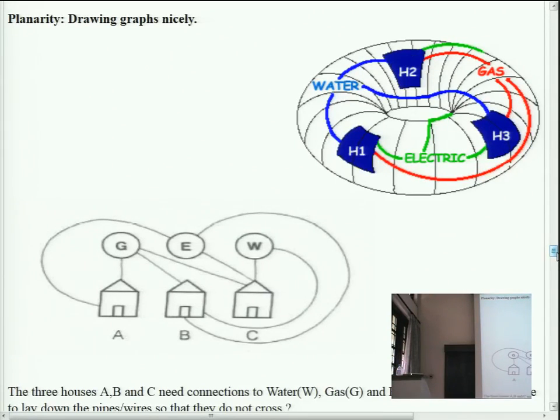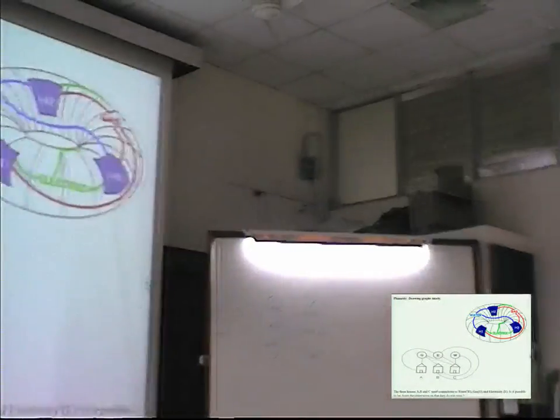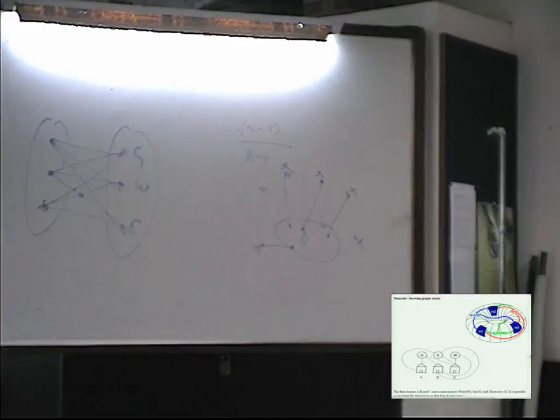You don't want this, so you want to draw in some way that doesn't intersect. But actually you cannot do it for this graph. For graphs where you can do this, that's called a planar graph. And so it's